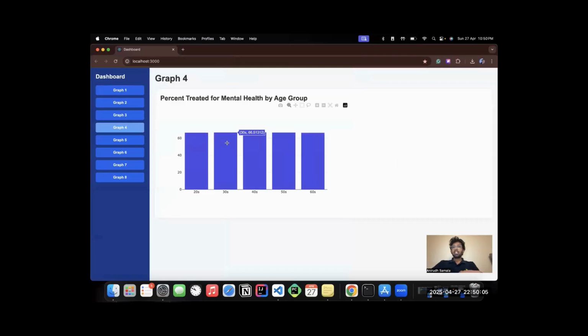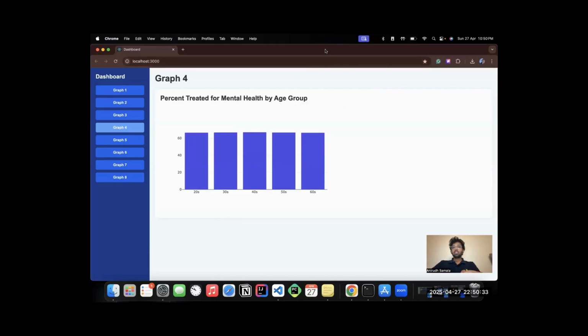It shows that most people in their 30s and 40s have higher mental health treatment rates. So this shows that middle-aged employees are slightly more likely to seek help. This will be important for targeting workplace mental health initiatives by age group.